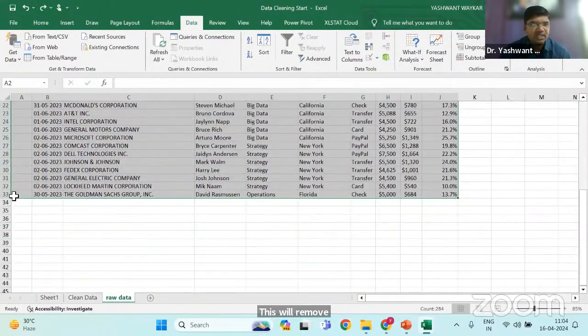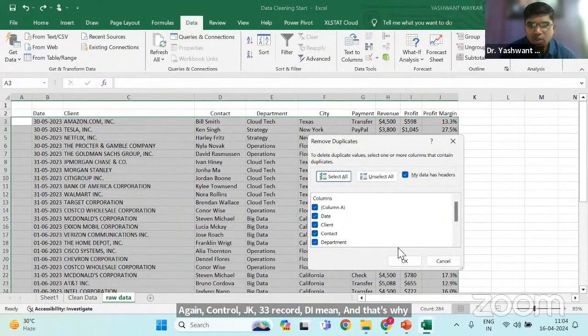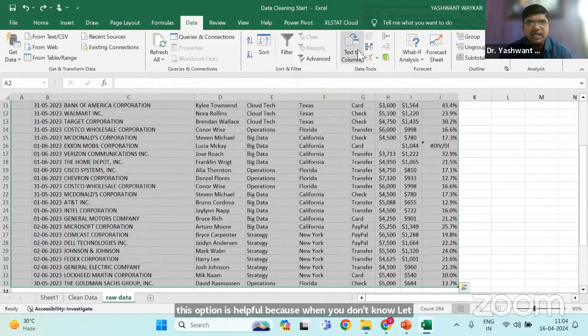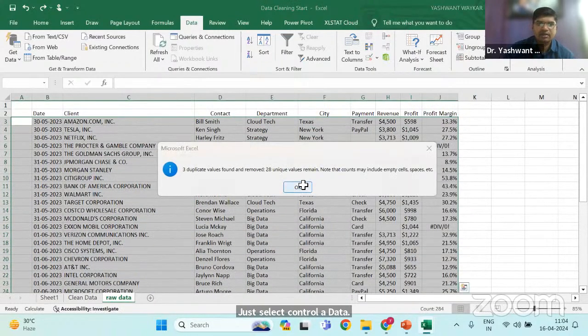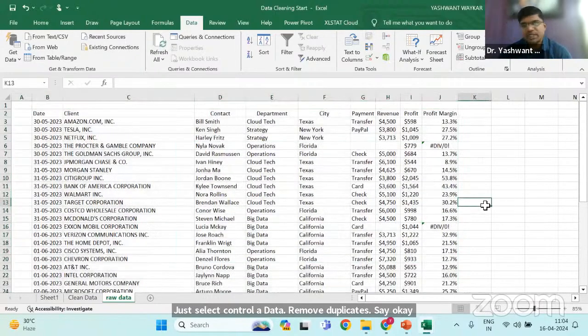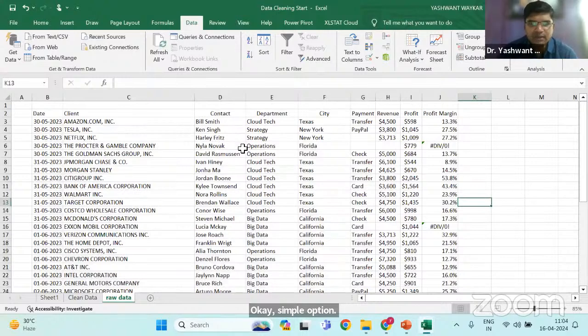अगेन कंट्रोल जेड करता हूं, ये देखिए 33 रिकॉर्ड दिख रहे हैं यहाँ पे। अभी कौन से 3 है मुझे नहीं पता, आई डोंट नो, एंड दैट्स व्हाई दिस ऑप्शन इज हेल्पफुल, बिकॉज व्हेन यू डोंट नो, let the tool help you. Just select control A, data, remove duplicates, say okay. ठीक है, सिंपल ऑप्शन है। चलिए और थोड़ा आगे चलते हैं।